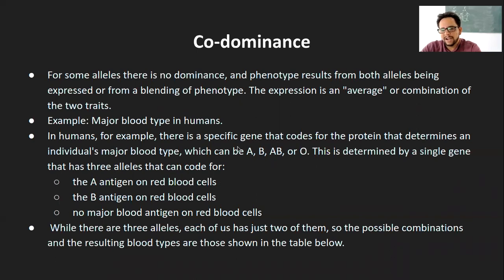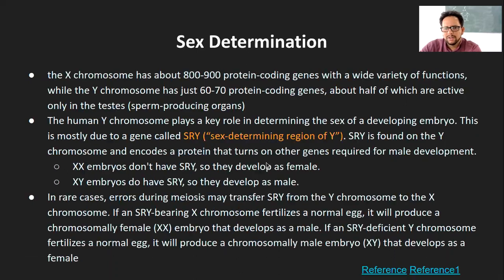That is, both the antigens or both the traits are present in the offspring. And this is the example of incomplete dominance. Though these alleles are present, they are not being expressed, even though they are from one of the parents, still it is not going to get expressed. So that is the O blood group. So these are the possible combinations based on the antigen, and AB is the specific example of codominance. So that's what I wanted to let you know here.